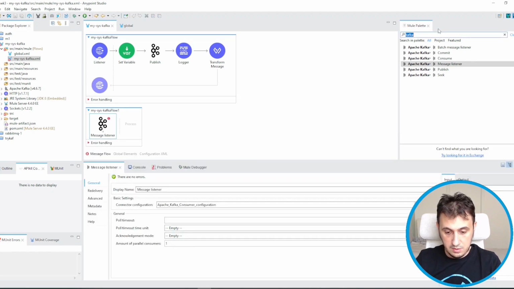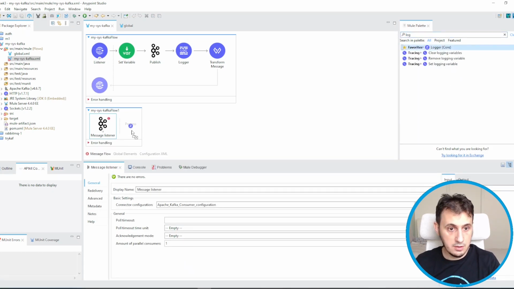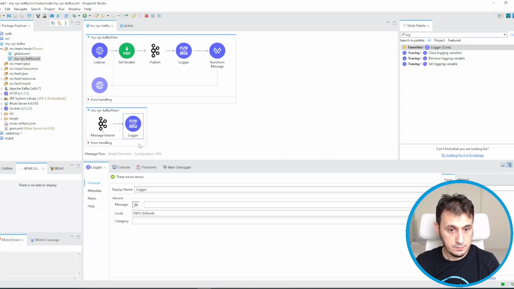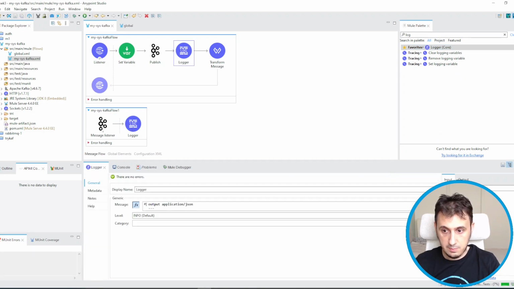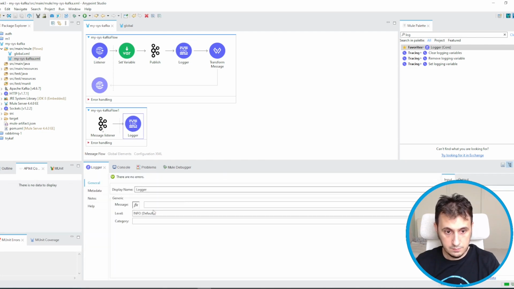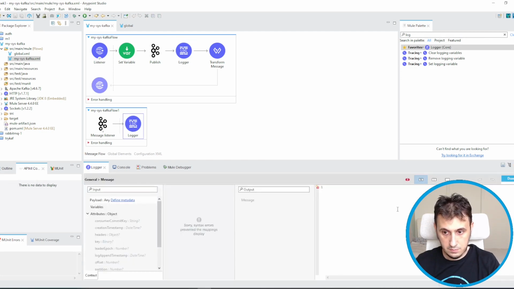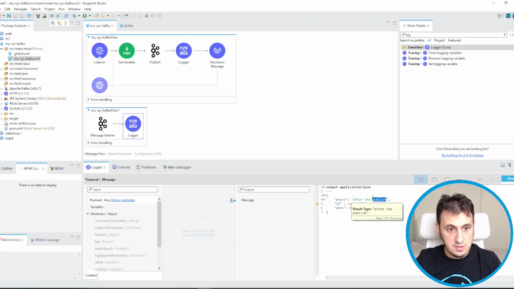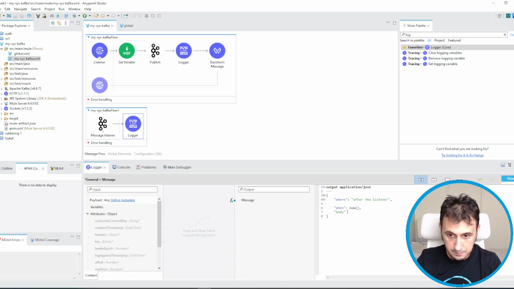We can insert the logger. Let's cut and paste this one. So this is after the listener. Instead of ID, I insert the body, that is the payload.